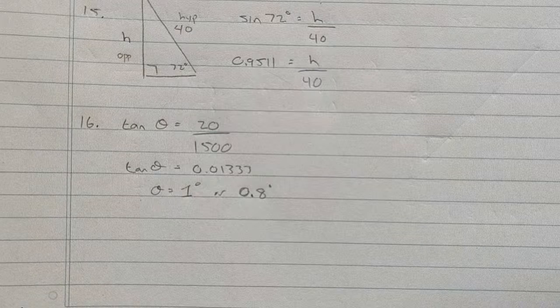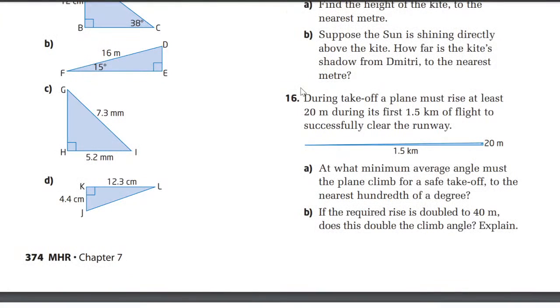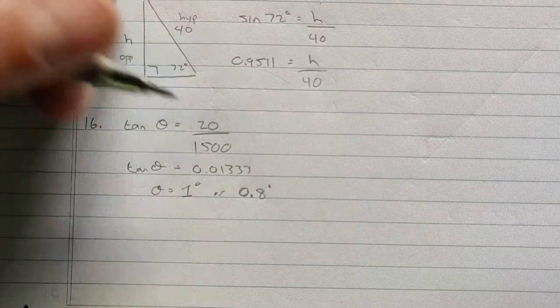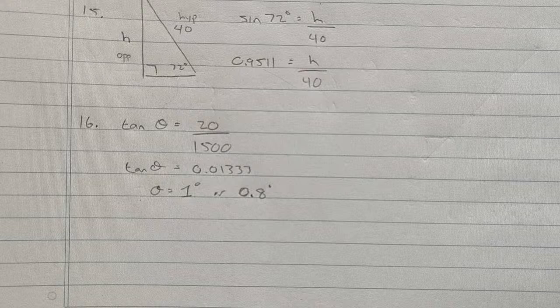But the next part is really where I want to look at that question. So it says, if the required rise is doubled to 40 meters, does this double the climb angle? And so if we're going instead from 20 to 40, then we again have that same kind of setup. So instead of 20 here, we have 40, and if we actually calculate that out, we're going to get 0.0266,